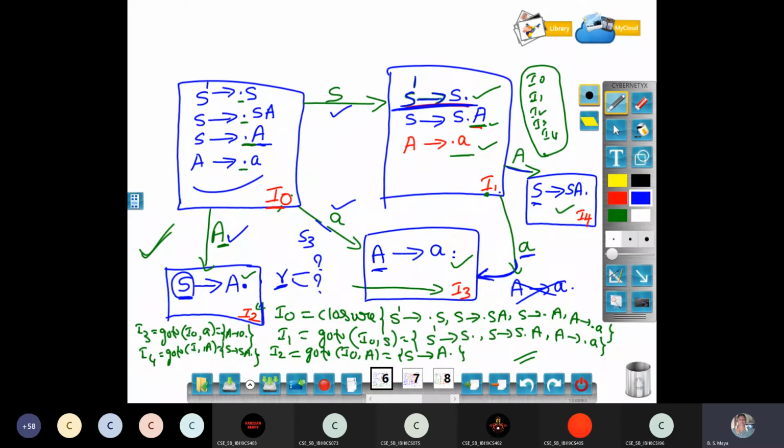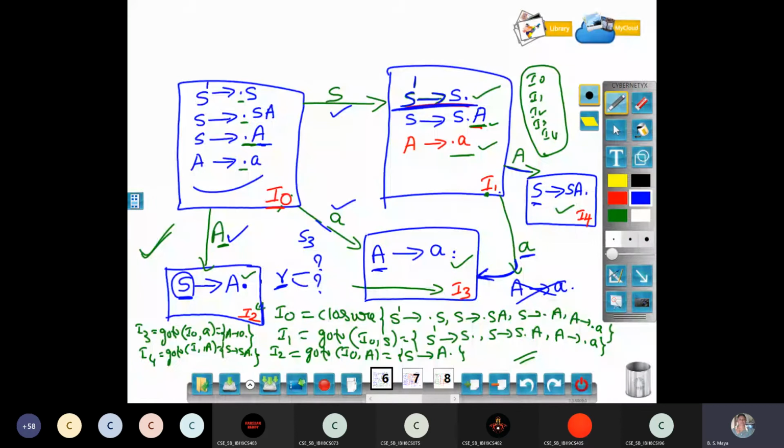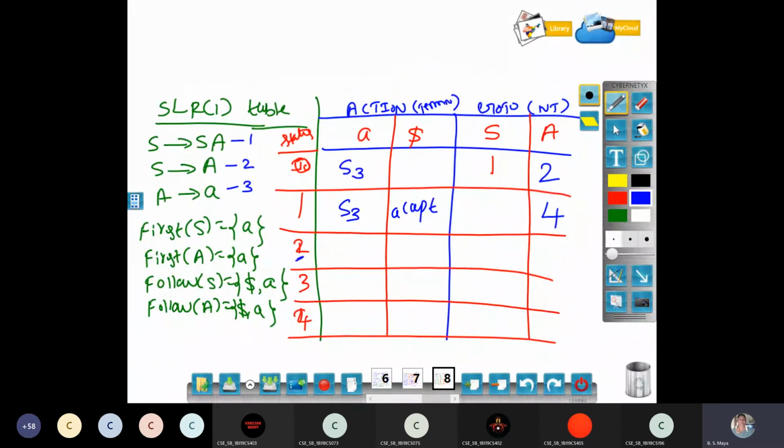First, solve which number I have to write: R1, R2, R3, which one? For that, you take the given problem from the question and assign numbers in any order. I ordered them as 1, 2, 3. Then according to that, I check my production. My production is S → A, and its number is 3. That means I want to write R3.